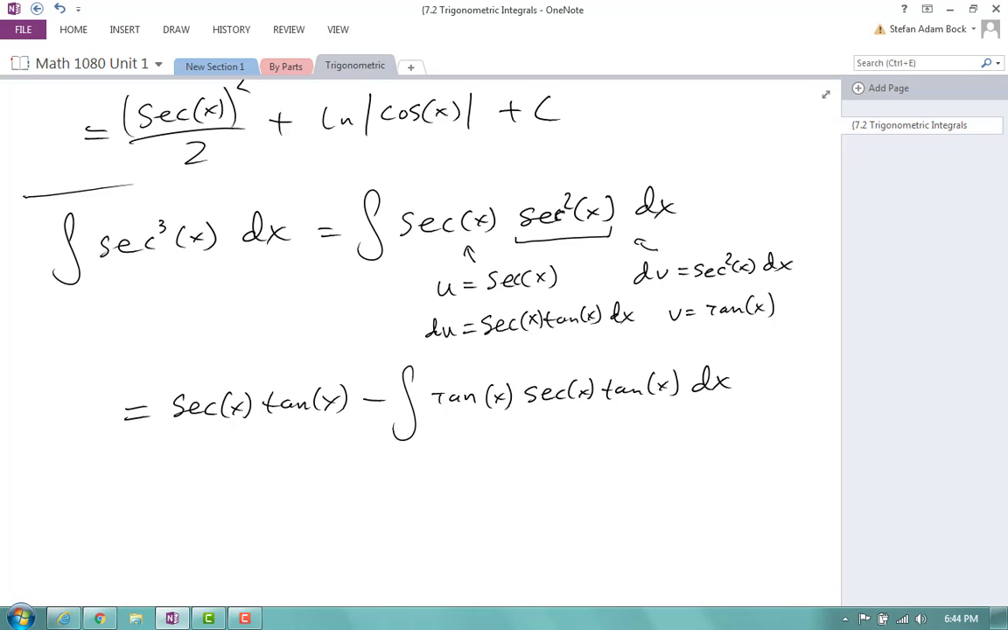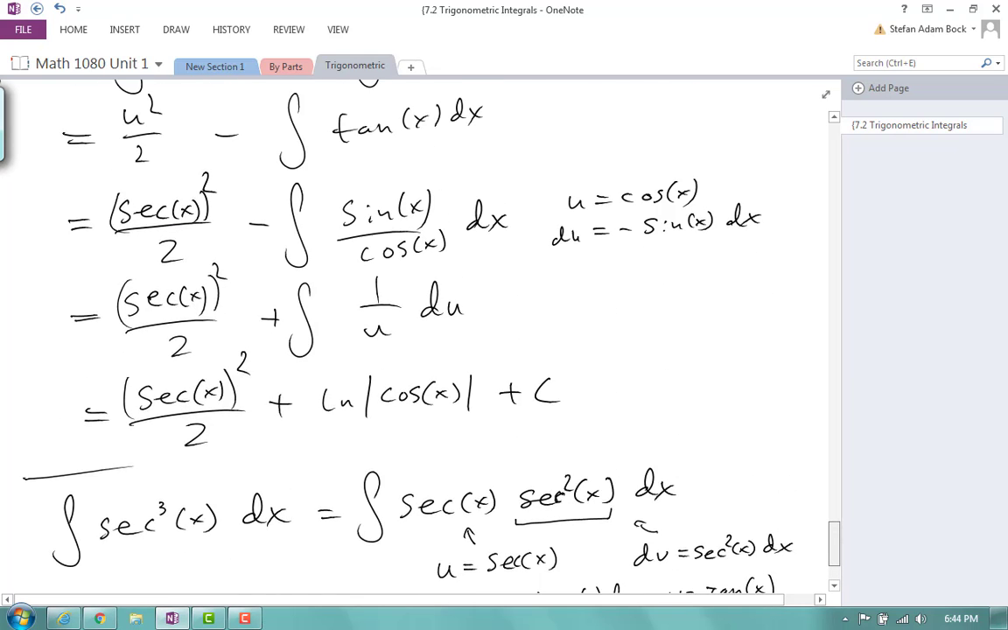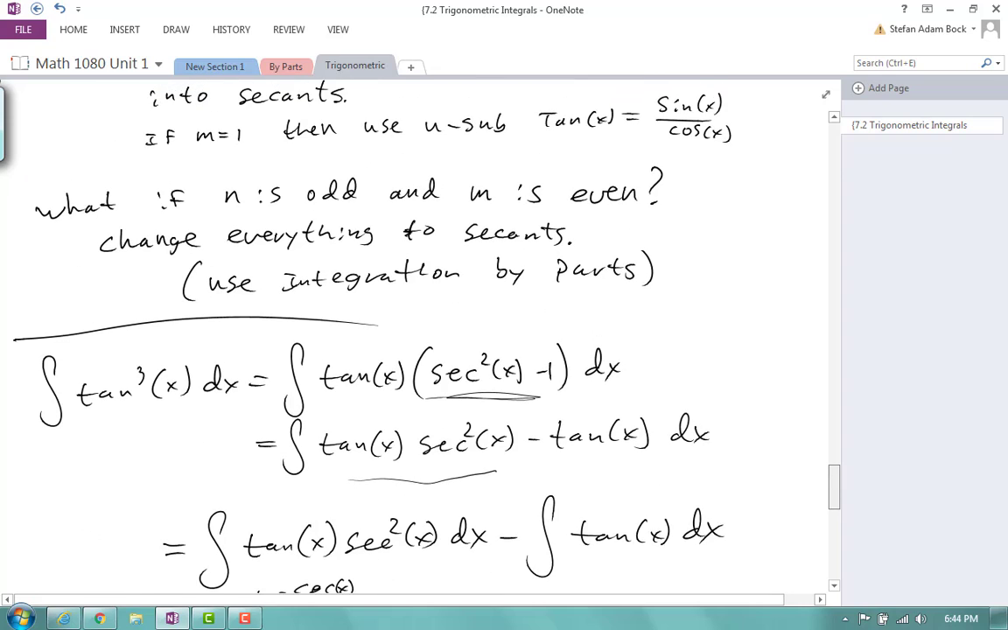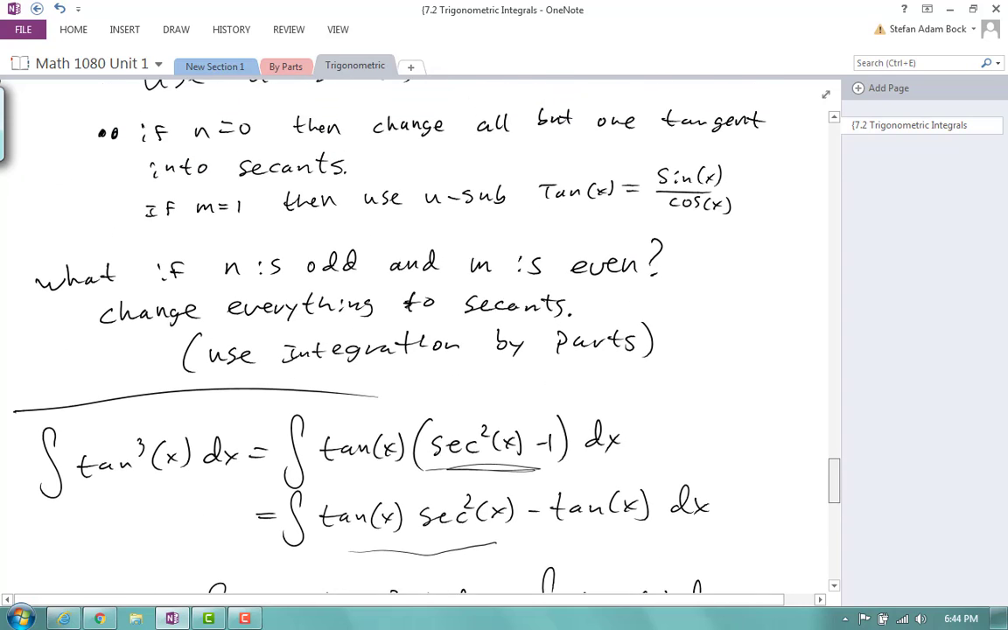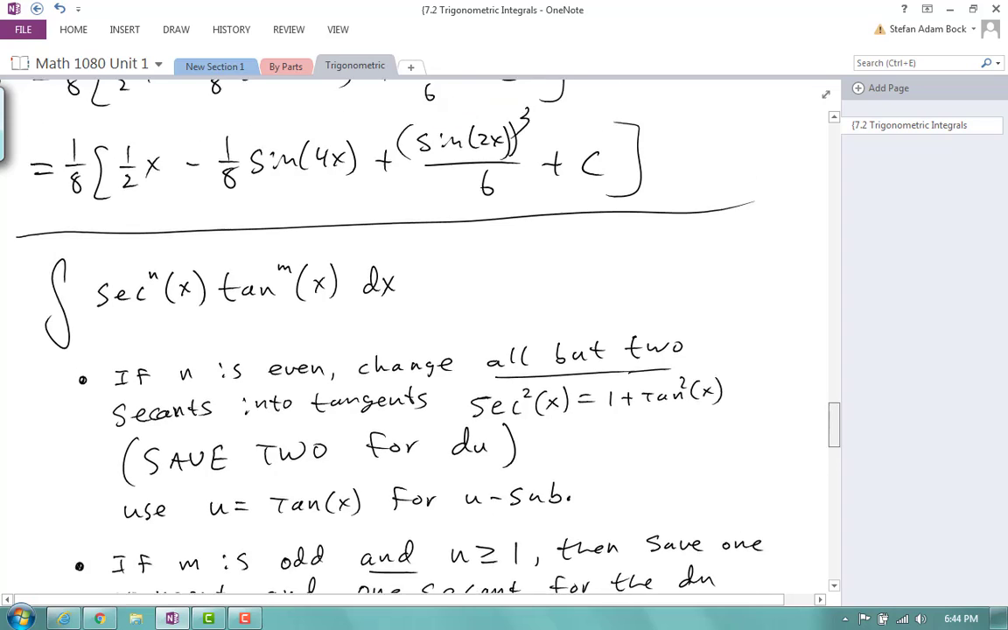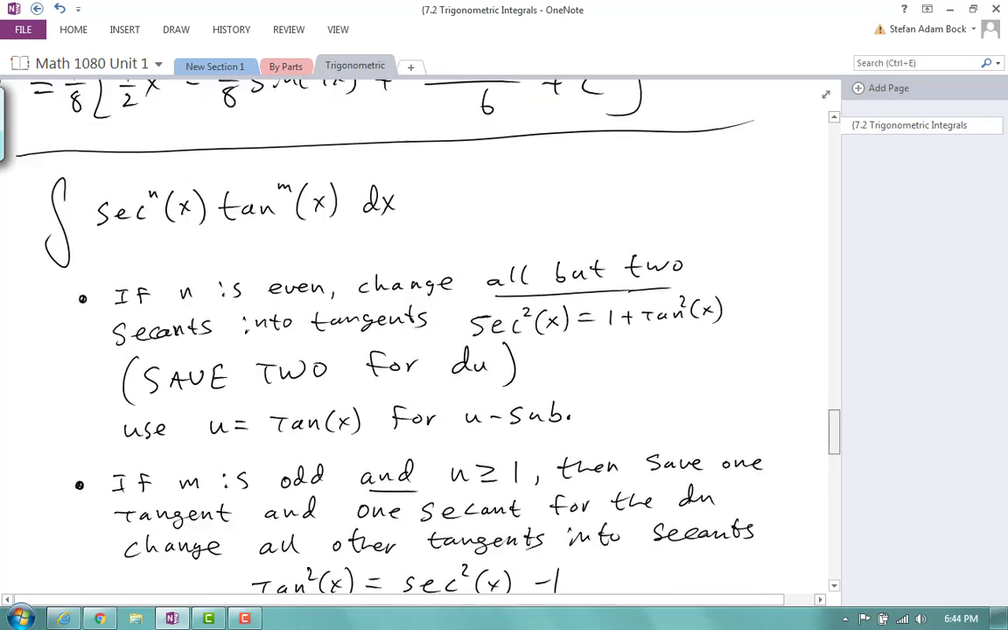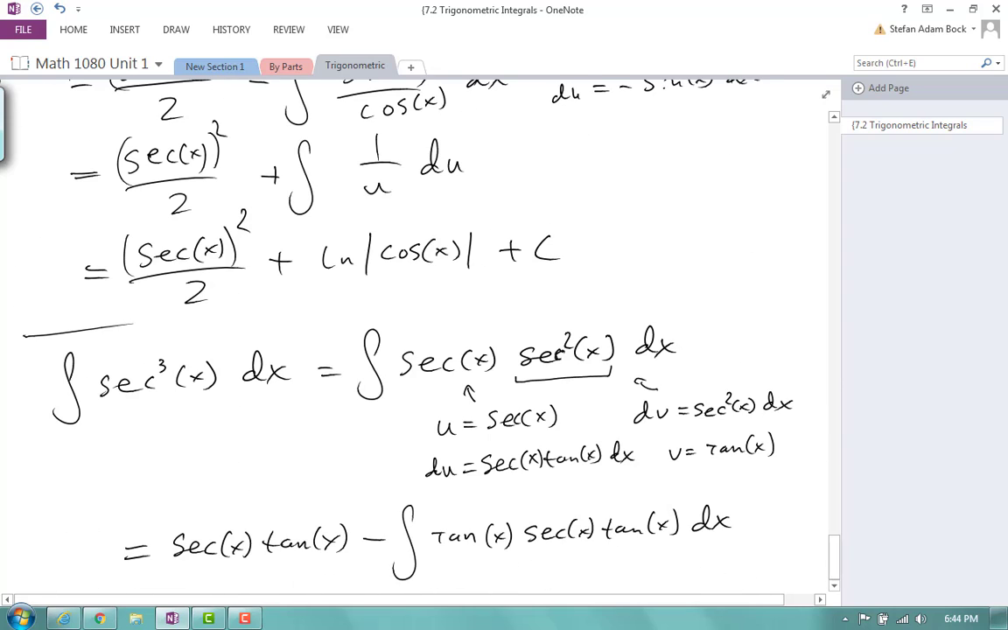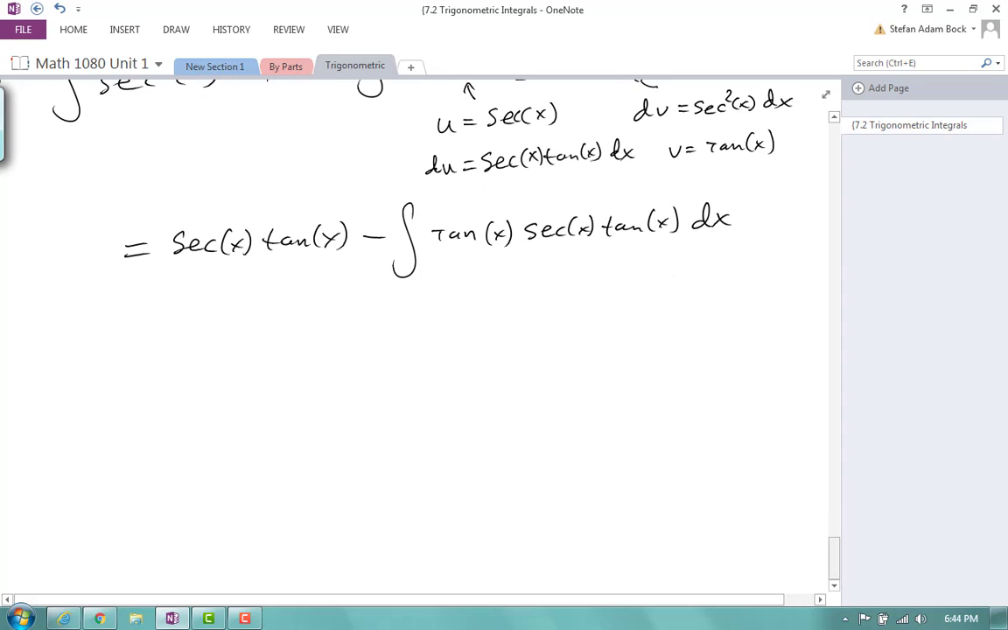But let's see, I have two tangents and one secant. What do my rules say to do about that? Two tangents and one secant. Well, that's exactly the same problem I started with. So I'm going to change everything to secants. So I have the integral of secant cubed of x dx is equal to secant of x tangent of x